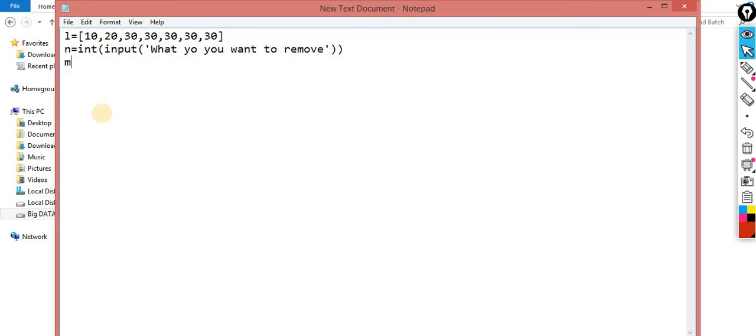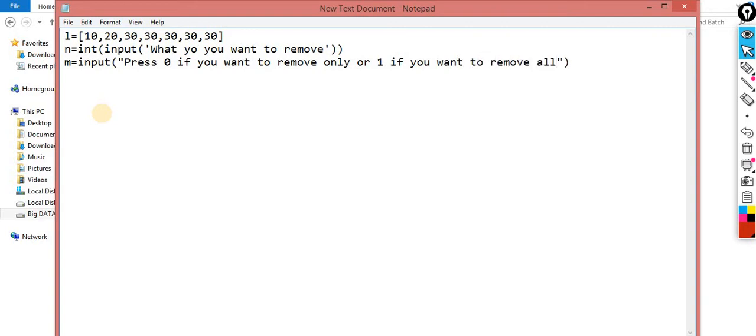Let's suppose I am taking the m variable as input: press 0 if you want to remove only one, or 1 if you want to remove all.